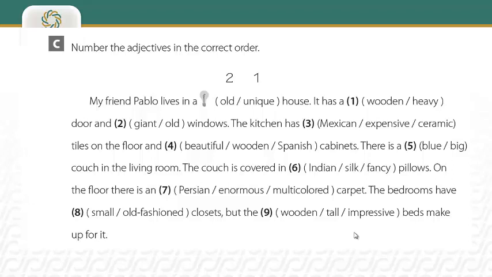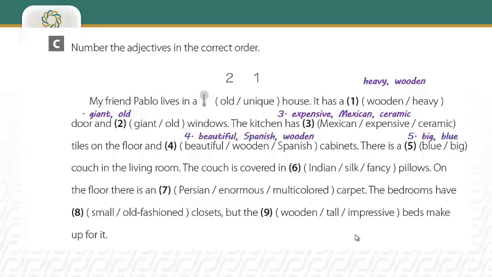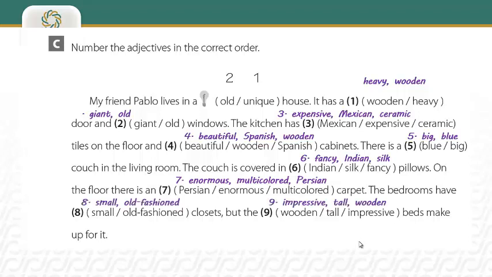And the answers should be like this: heavy wooden, giant old, expensive Mexican ceramic, and so on. So adjectives follow a particular order so that our speech is arranged according to a certain